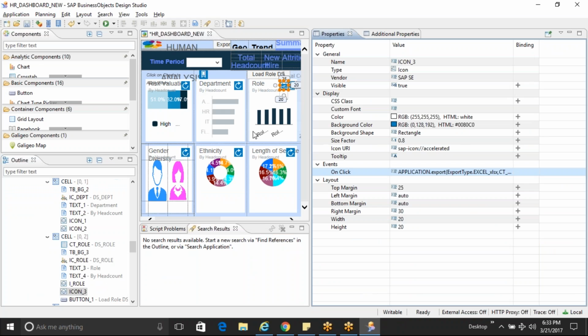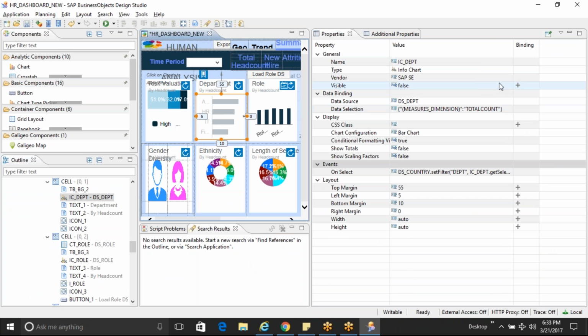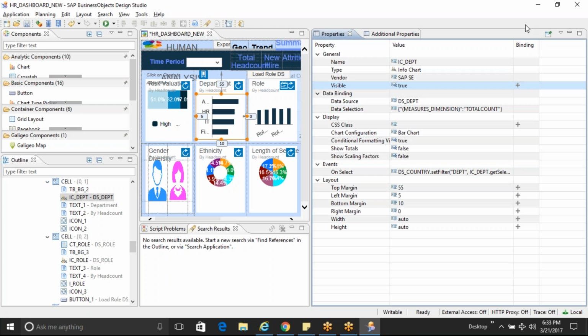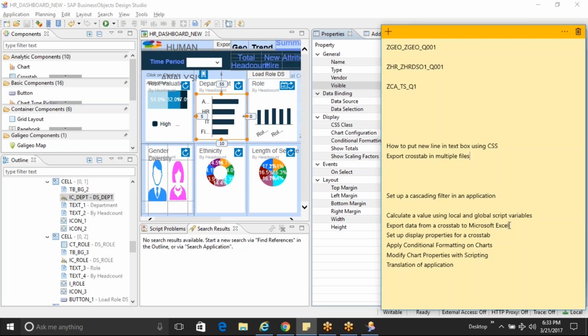Yes. Okay. Why is this hidden? Let me just show it also. Okay, fine. So export to Excel is clear. So next is